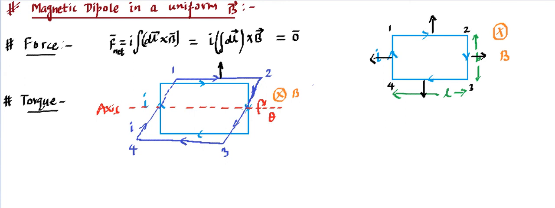Now we can say what is going to be the direction of the force on this branch 2 to 3. You'll find it's going to be perpendicular again to the wire and the field. So it's going to be in this direction. And if we come to this, you'll find this is going to be downside and perpendicular to the wire. So vertically downside is going to be the direction. This direction you can think using the vector rule of cross product.